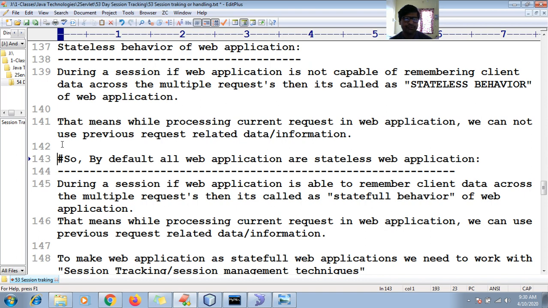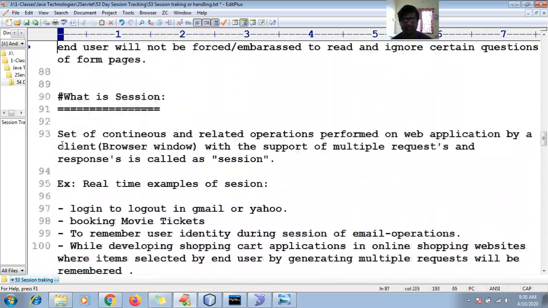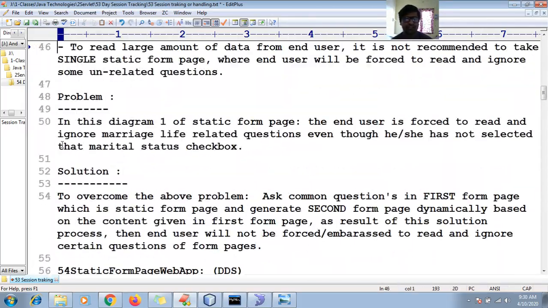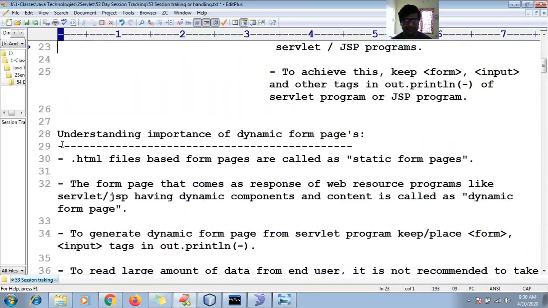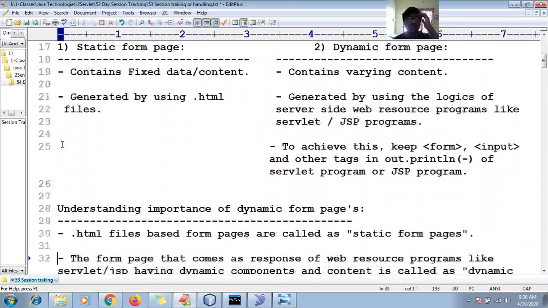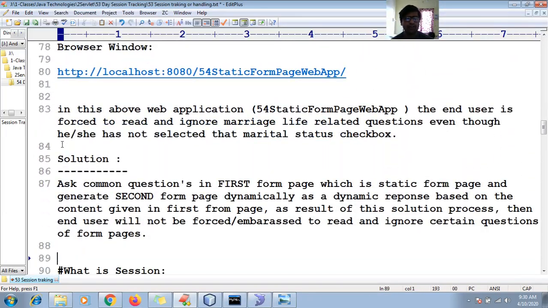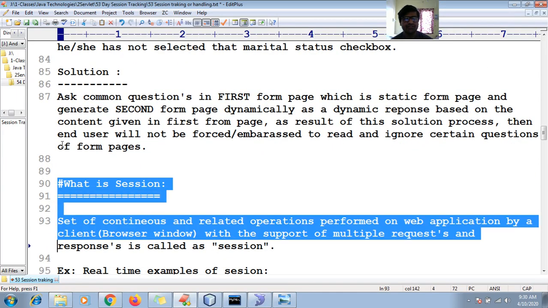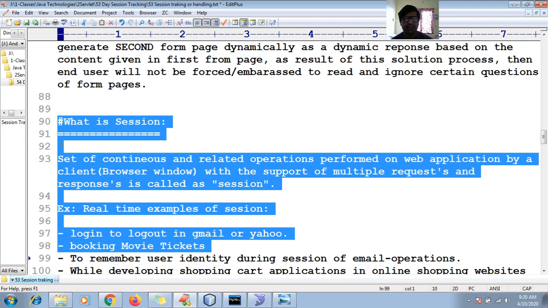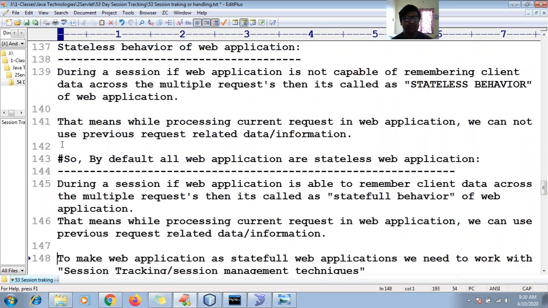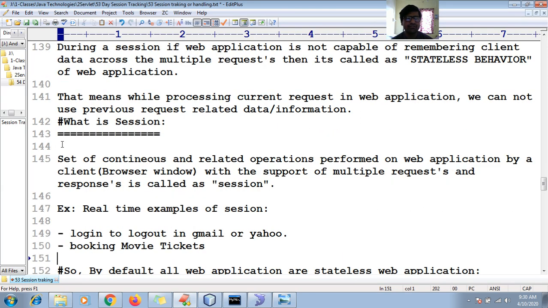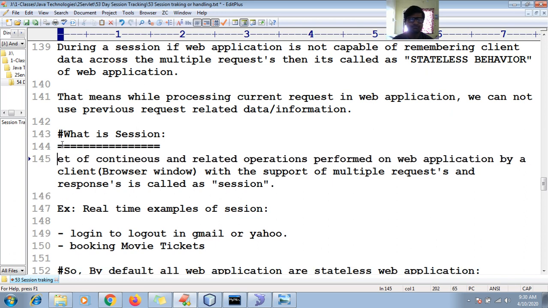Okay. So you should know what is a session. What is a session? As I taught you, the session is a set of continuous and related operations. Okay, fine guys. So let me copy it once again here. So what is a session here? Set of continuous and